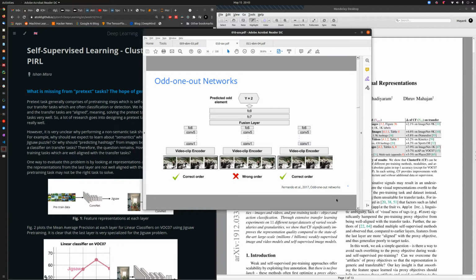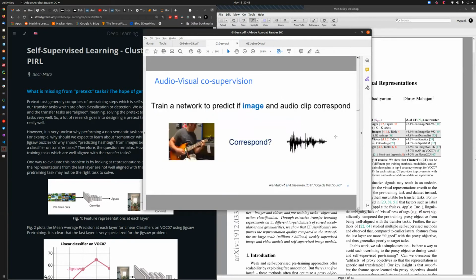It's much like the contrastive, or you can say the semi-supervised approaches in simpler, for example. How does that affect it? And so it will try to determine the correct order based on the predictions. So it will try to give the odd one out in a network. So this is just with respect to video. Then we even looked at the